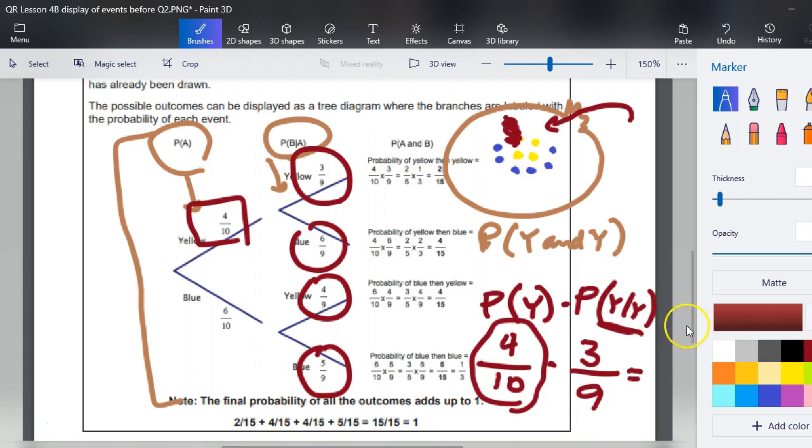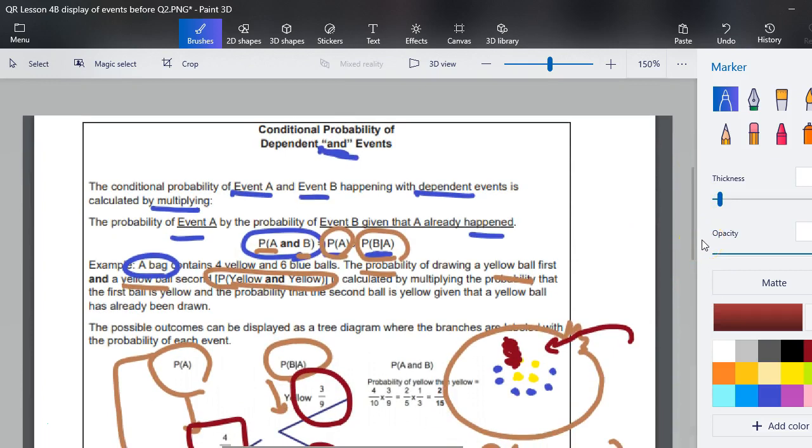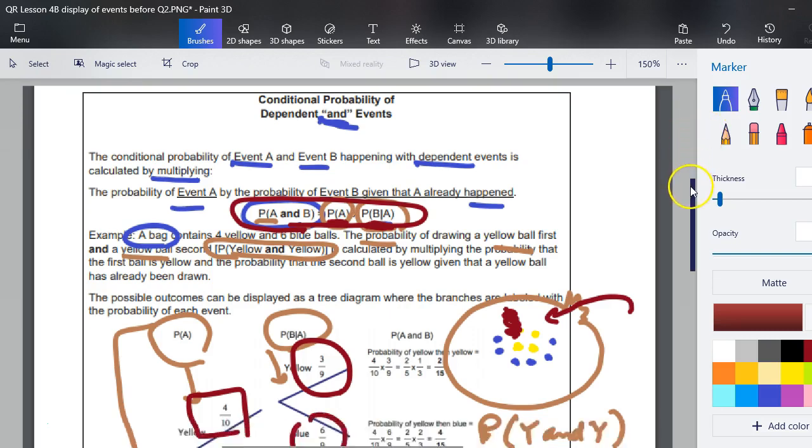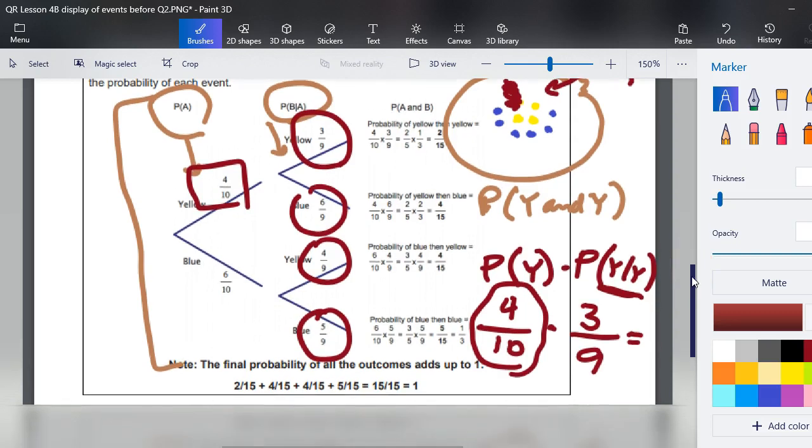So I'll scroll back up to the top of the page, and all this is trying to illustrate is that there's going to be a formula. The formula is going to say, what's the probability of this and this? And boy, that was a horrible, whatever that thing was I just drew. What's the probability of both events occurring, when they are dependent on each other? We take the probability that the first one happened, and then the probability that, since the first one happened, it could happen again, because they depend on each other. So very simply, with our bag of marbles here, if we reach our hand in there the first time,